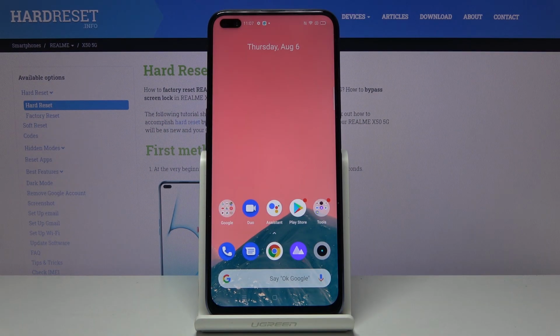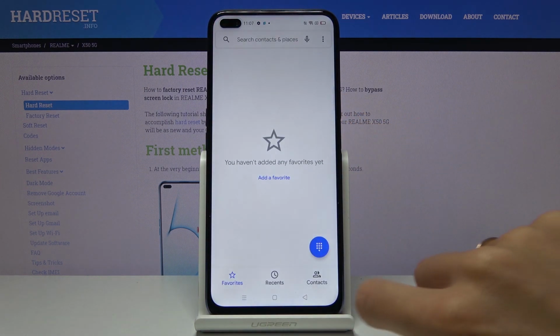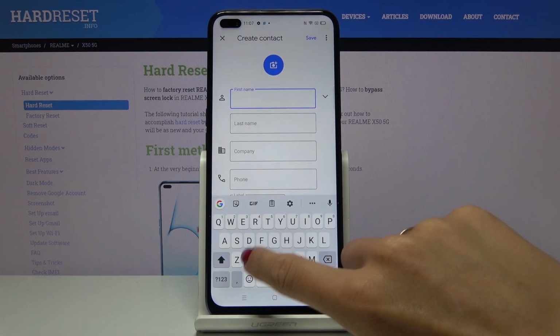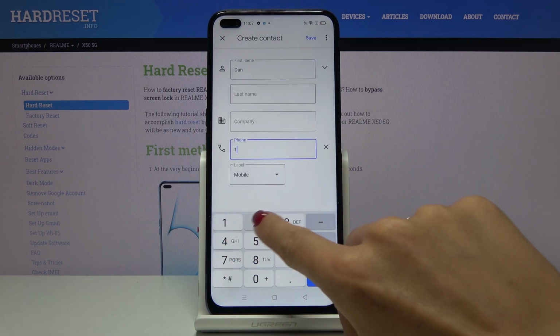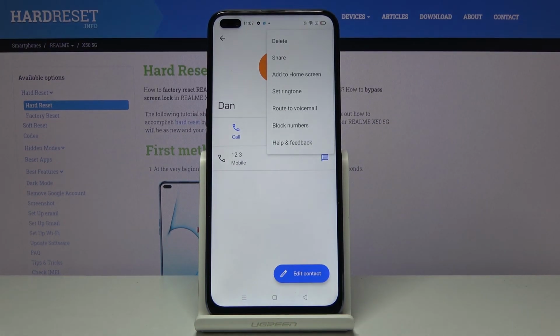Here I've got REALME X50 and let me show you how to block a number on the following device. So at first you have to open the phone dialer and go to contacts, create a new one because I do not have anything here. Let me enter phone number, save, and if you'd like to block then just tap on more icon and select